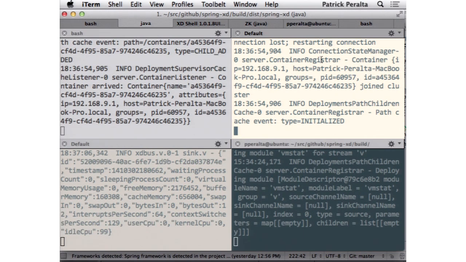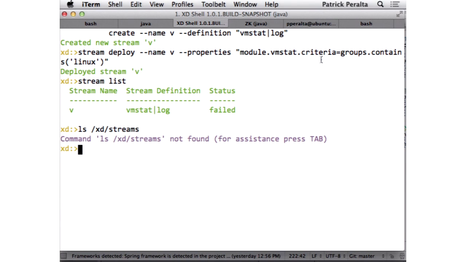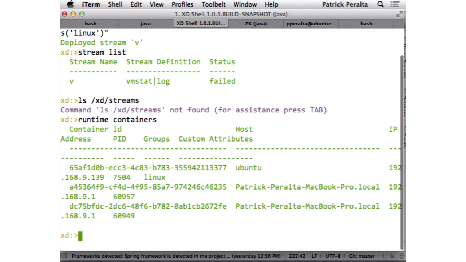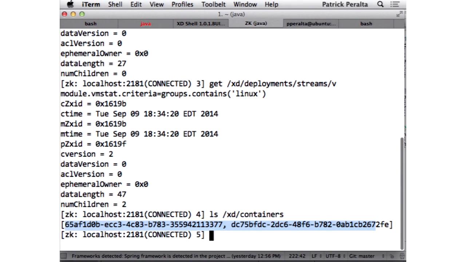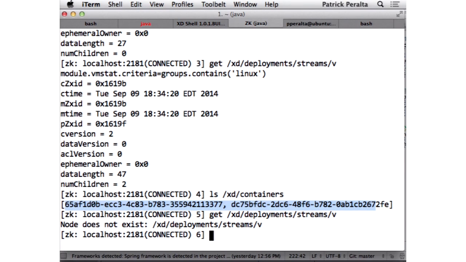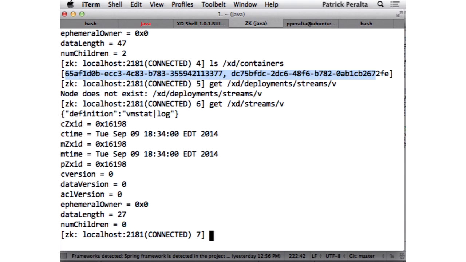So it's reconnected, and if we do a runtime containers, then we can see that it came back. So if we do an undeploy, and then a list of the deployments, we're going to see it does not exist because it's not deployed. On the other hand, if we do xd streams, then we can see that the stream